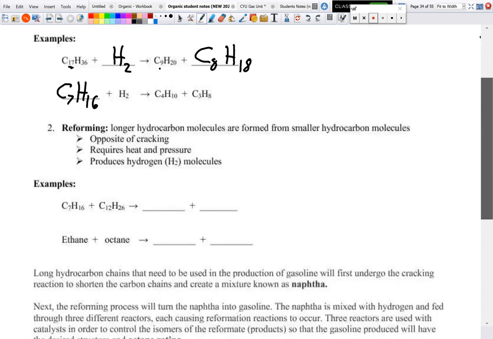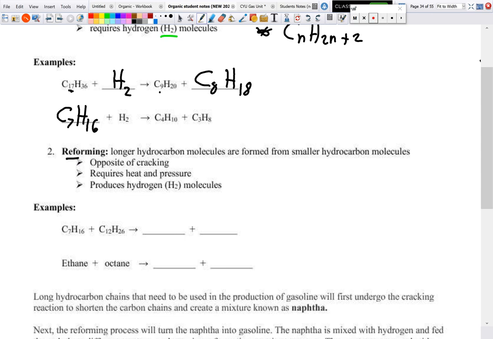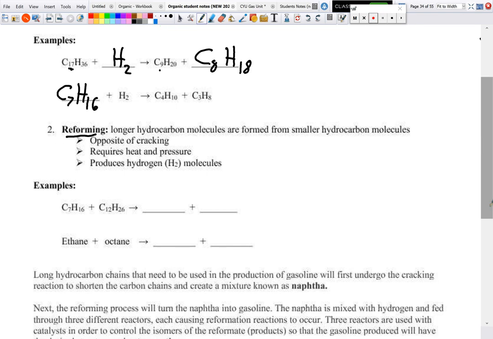Now, the reverse of this is called reforming. So it is the opposite of cracking. It requires heat and pressure again, and it produces hydrogen molecules. So of course, for reforming, same thing, you've got to make sure that your math adds up. So if we got C7H16 plus C12H26, if we get 7 and 12 coming together, our new molecule is going to be